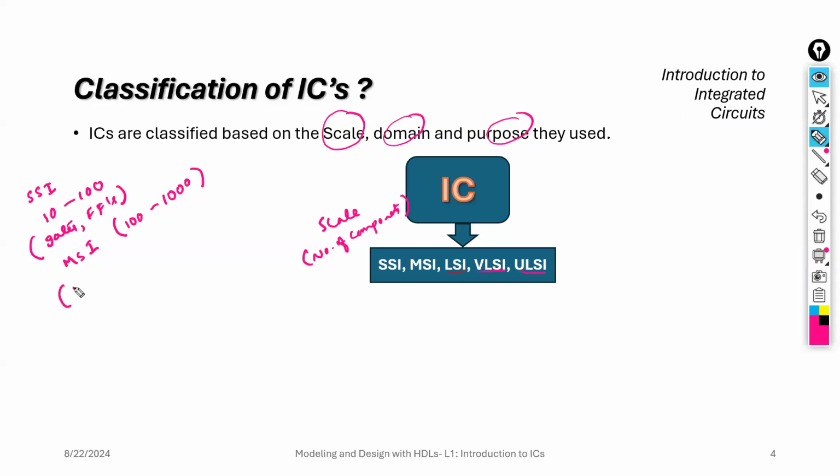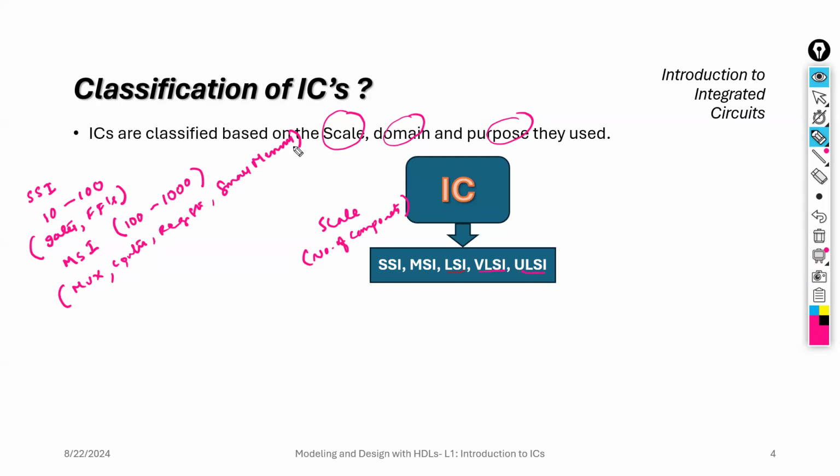Generally, for example, multiplexers, counters, registers, and small memories. For this kind of purpose we use medium scale integration, because it requires fewer